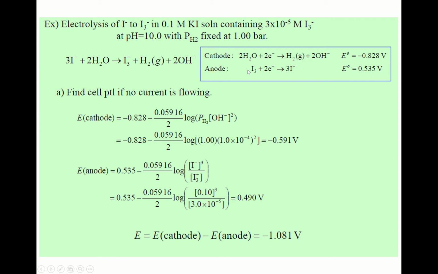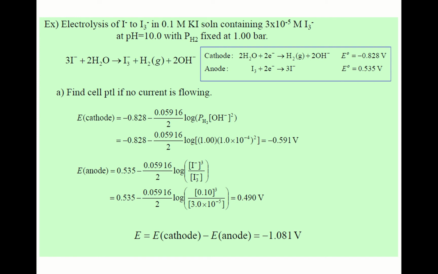And the anode, this one. Although the anode oxidation reaction takes place, now let's write it in reduction form and then write the Nernst equation, and then we can subtract that term. Yeah, that's the idea. Anyway, triiodide, I'm sorry, the negative sign is missing here, and it accepts 2 electrons to become 3 iodide ions, and the E0 value is 0.535 volt. Okay, and then to calculate the applied potential,